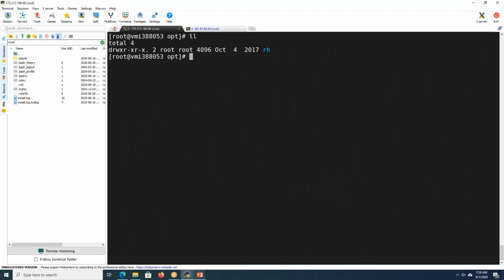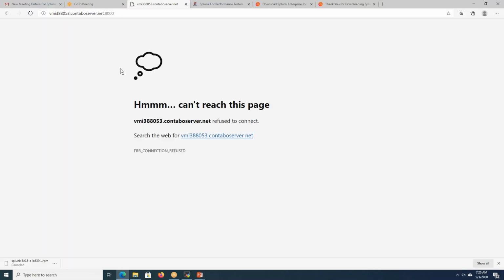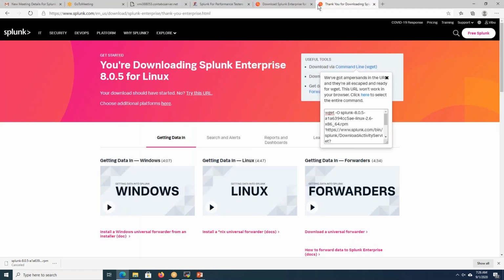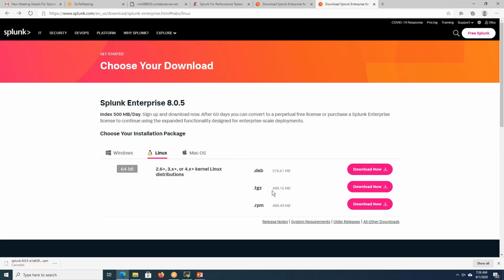If I want to install this, actually in class or in prod, they will be going with only the tar based installation. So if I go back, in Linux there is something called tar.gz.